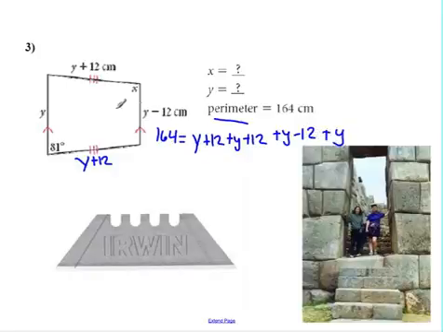And lastly, our last base over here, this is going to be y. We're going to combine terms, and that's going to be quite a bit of work here. We have 1, 2, 3, 4 y's, so we have 4y. And then we have 12 plus 12 is 24, minus 12 is back down to 12. So we'll say 4y plus 12 equals 164. We'll subtract 12 from both sides, and we'll be at